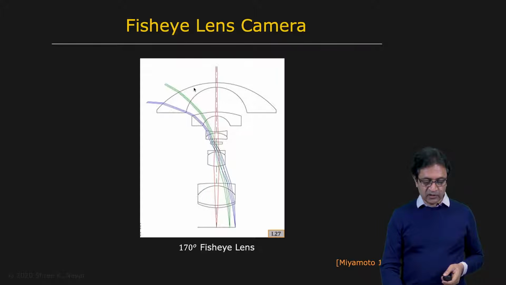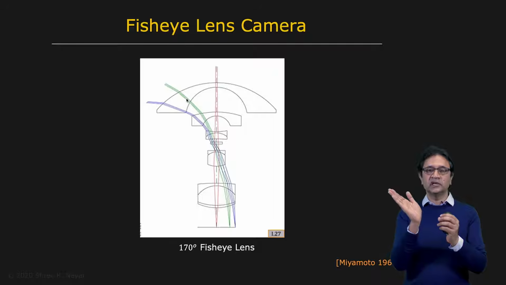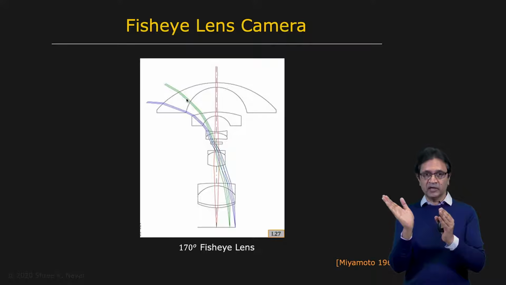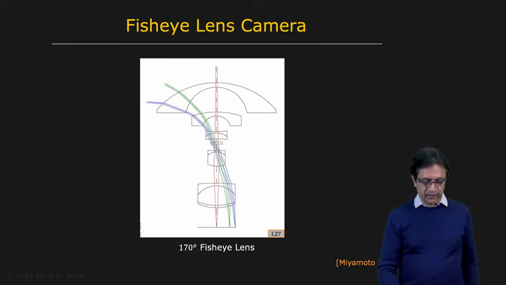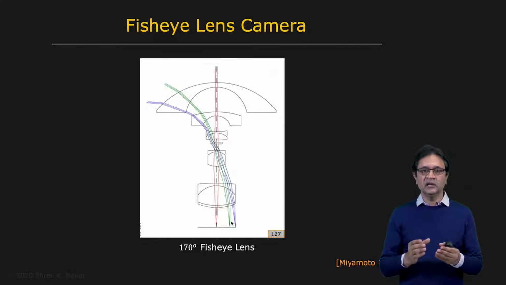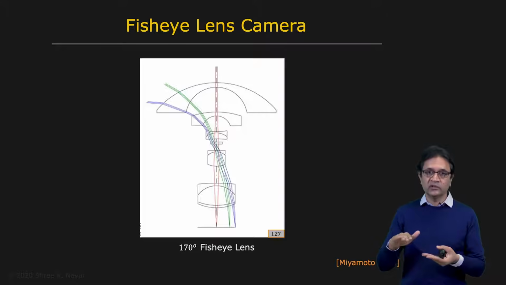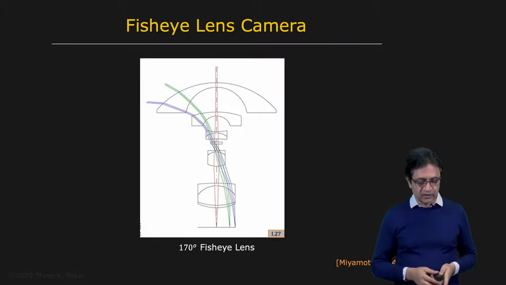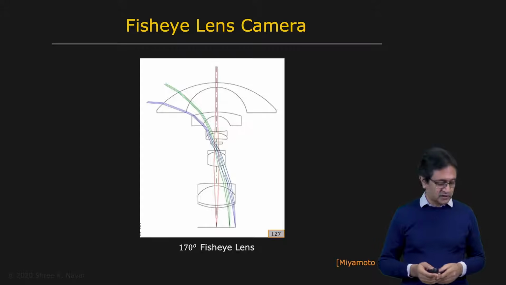A meniscus lens is convex on one side and concave on the other side. This allows the system to bend light severely, especially those rays of light that are more away from the optical axis, towards the periphery of the field of view. So this is a meniscus lens right here, this is another one, and then a series of other lenses which finally compress the field of view onto this small image sensor. Now actually bending light to arrive in a small area, compression, is not that hard. What's really hard is making sure that the image is well focused everywhere, the entire field of view. So these are fairly sophisticated optical designs.